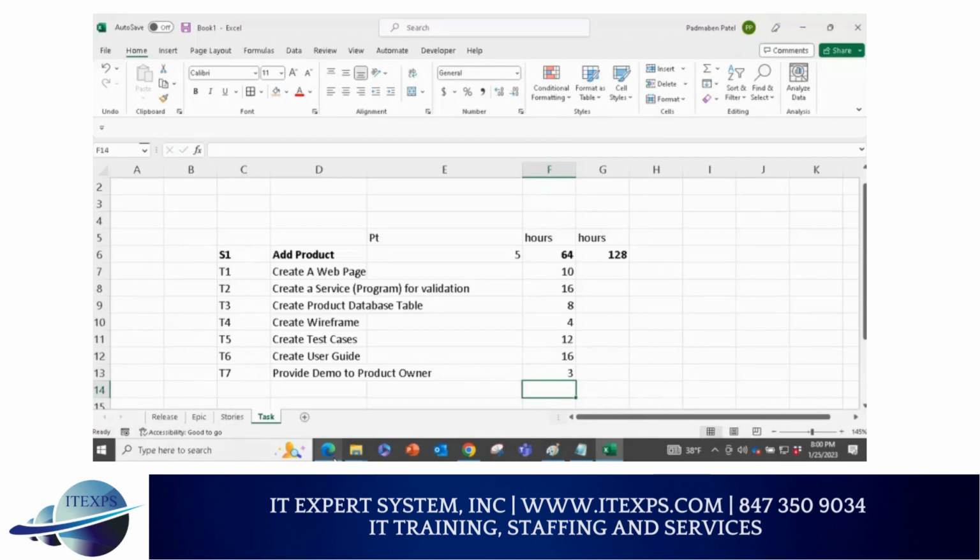You are putting genuine effort. If you're wrong, next time you're going to get better because you know that, hey, database table takes a long time. Creating web page takes less time. You will know, and next time you will be better. In the first 4 to 6 sprints, you will have a little bit bumpy ride because you're learning, which is okay. So now if I do total